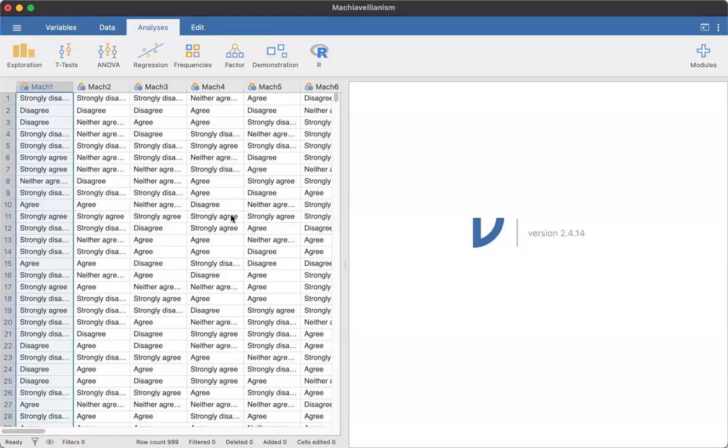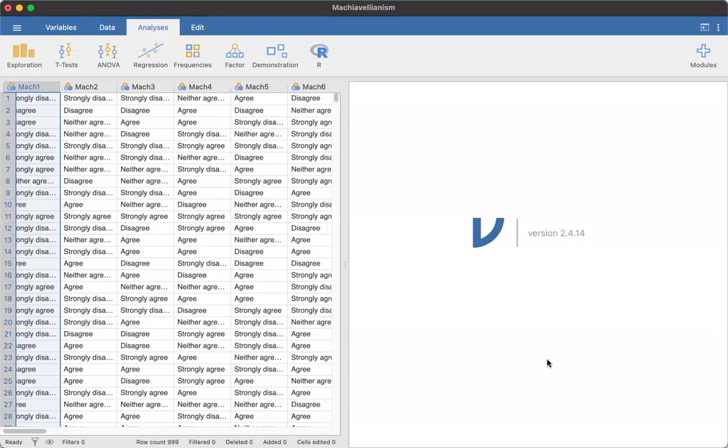Hey y'all, Professor Wyman here, and I'm just going to show you how to calculate a reverse score using the compute option in Jamovi. So first of all, I'm in a data set